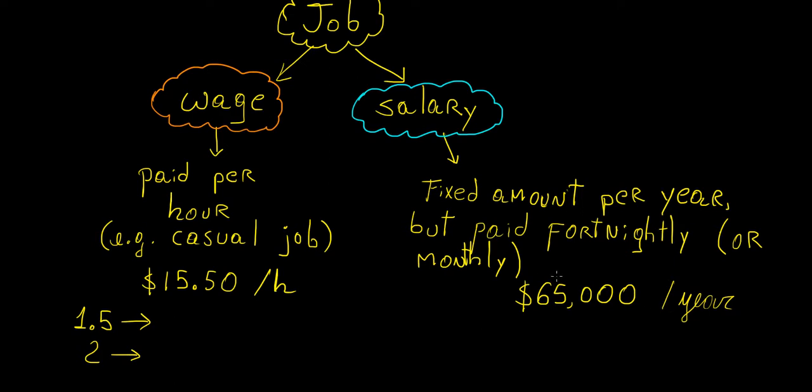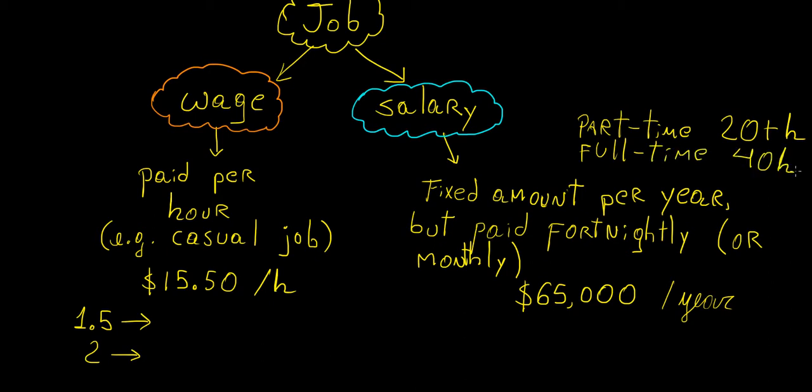And then normally a fixed amount is something that would be either part-time or full-time. So part-time is something like 20 plus hours per week, and then full-time will be something more like 40 hours per week. So that's the standard in most countries. You're working 40 hours per week. So that means you're working Monday to Friday and you're working 8 hours on each day. So that's considered full-time. So for those kinds of positions, you would normally have a salary.